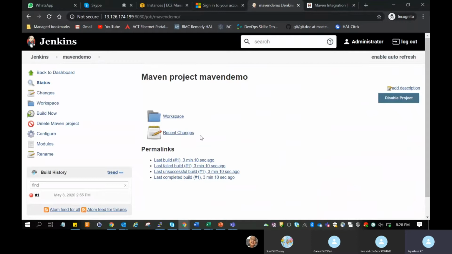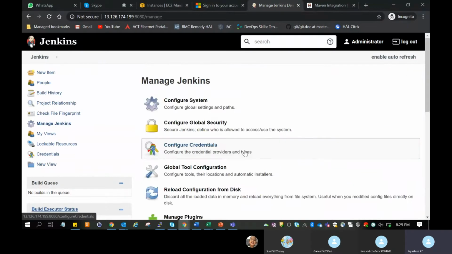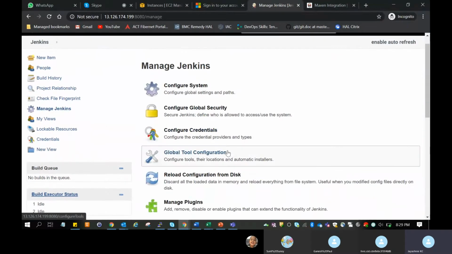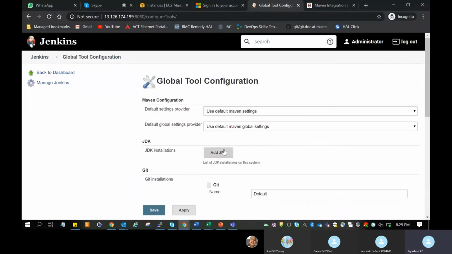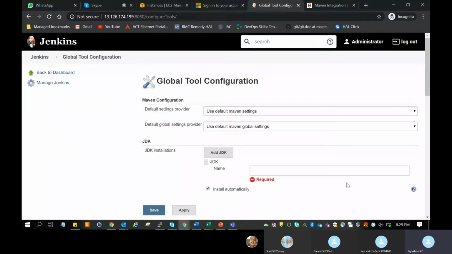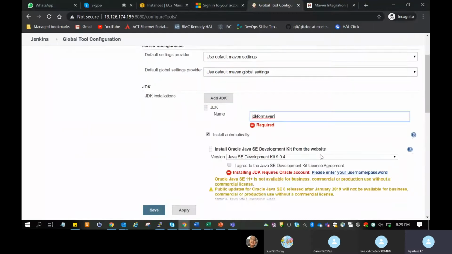Go to Jenkins. Manage Jenkins. Global tool configuration. Yeah, add JDK. Give some name. Yeah, JDK you give. But see here the version.